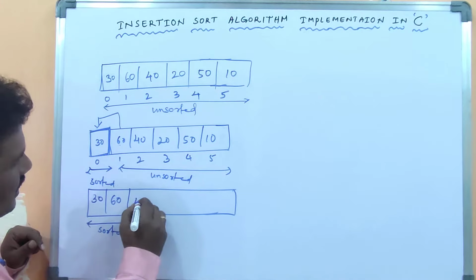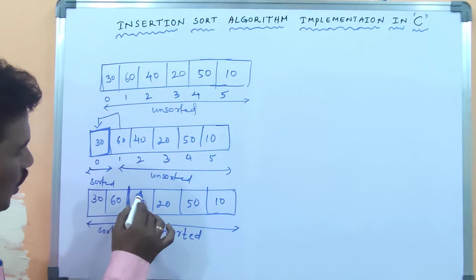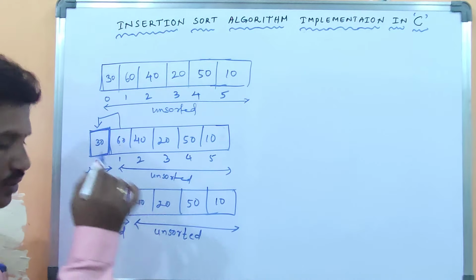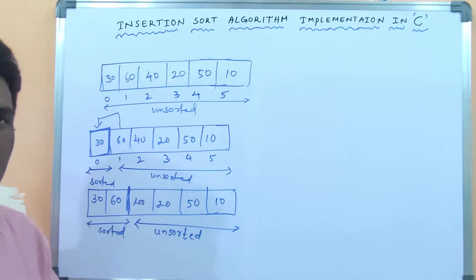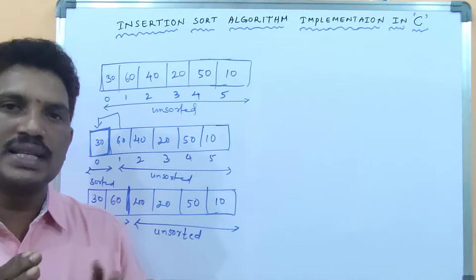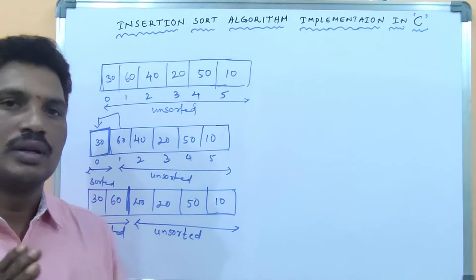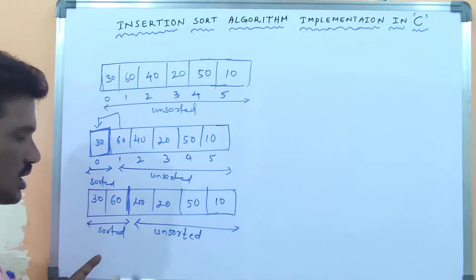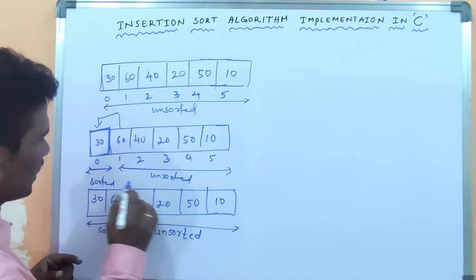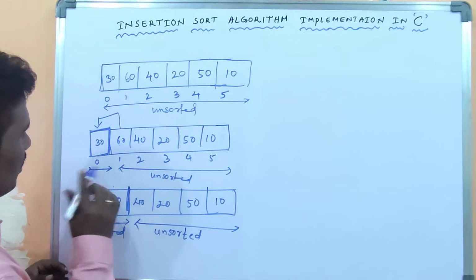Because then again what you have to do is, you have to take this card. What is the step each and every time? You take the first element from the unsorted sublist, then that should be inserted at a proper position in the sorted sublist. Okay, you have taken this one.